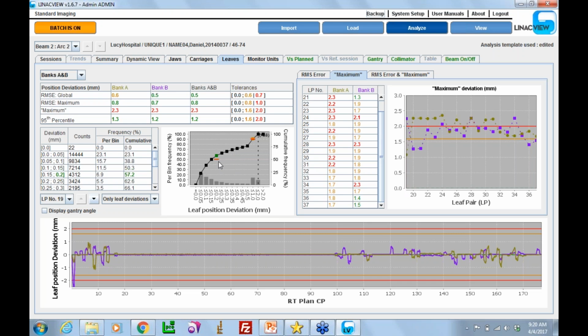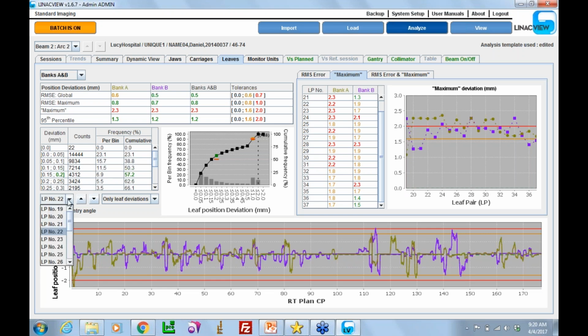You have basically a histogram of results. One really nice thing is that you can specify these levels here. The level says I want to have 50% or more of my points with errors less than 0.2 millimeters. And so you kind of get the idea. You can actually look at each